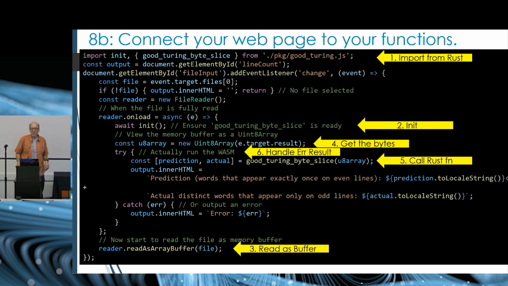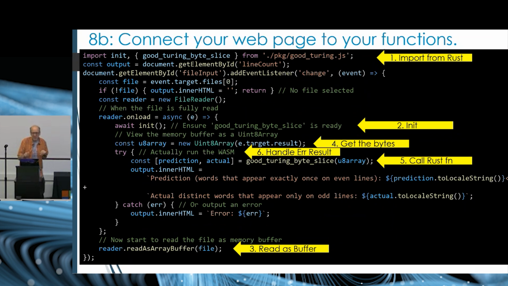Number two, as often as we want, but before we call the function we care about, we need to call init asynchronously. And it's okay to call it multiple times. It'll only do the init the first time. Before we set up in JavaScript a reader thing and it said read as text. Now we want to set up a reader, but for this application, I want to read as an array buffer. And that's in JavaScript. And that's after we did a bunch of setup. Then inside that onload await,